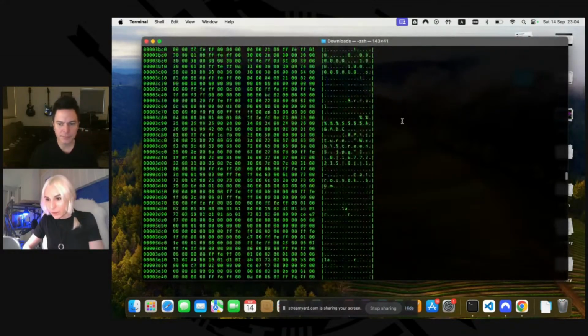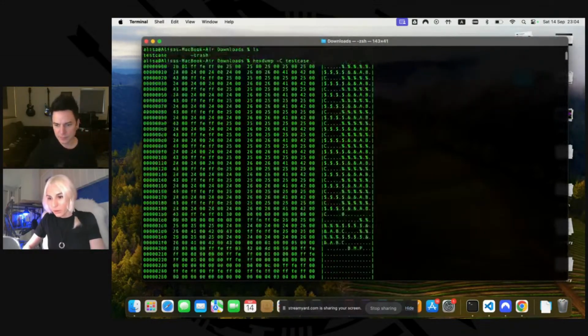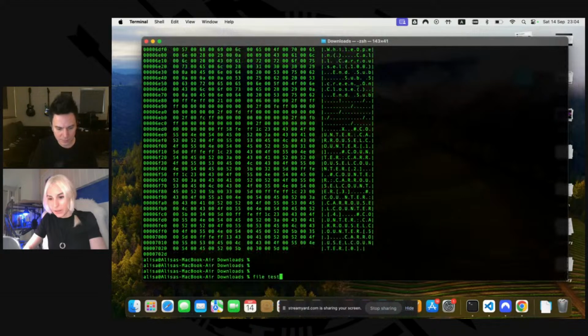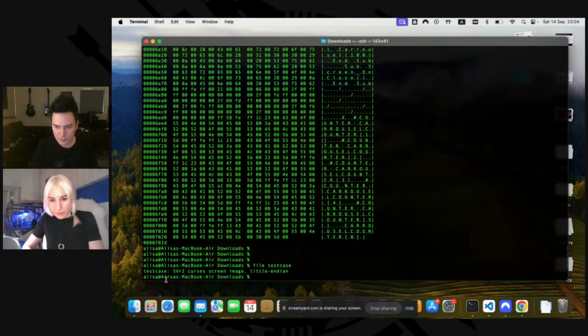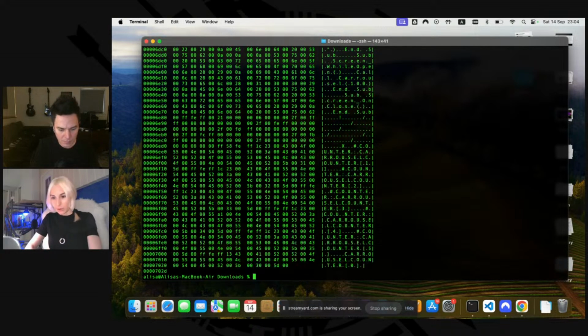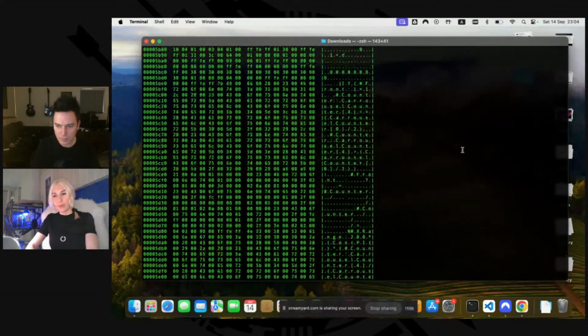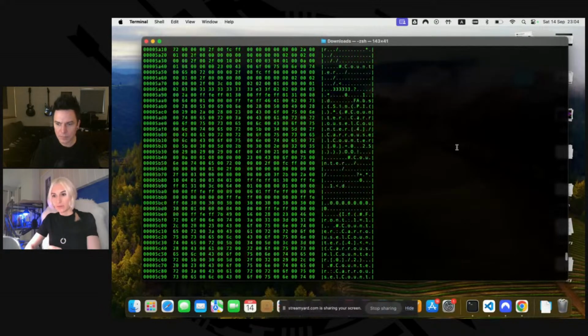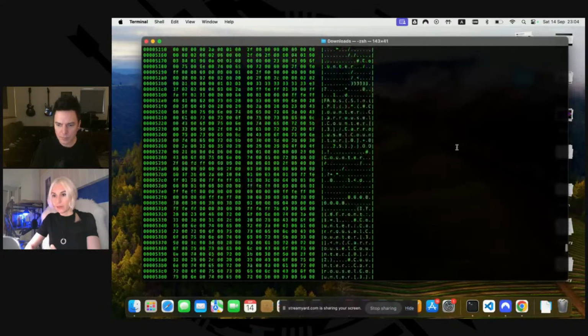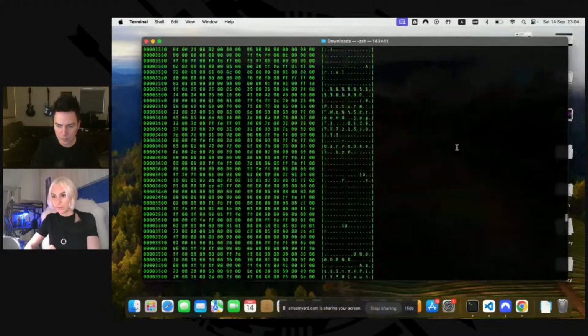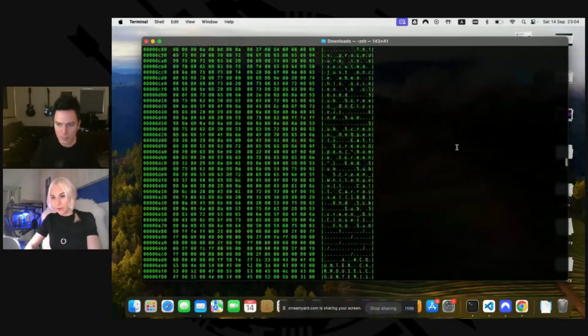So what I did, I just did a hex dump. First, I wanted to do a file test case. It's supposed to be a sphere cursor screen image. Now, this is definitely not a sphere cursor screen image. This is a binary file of the project of Indosoft Web Studio. And when I do a hex dump, this is, by the way, a skill that I learned during my malware analysis era, that you can very quickly make sense of the file by hex dumping it and looking at what's inside.